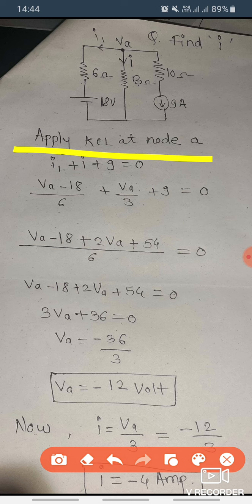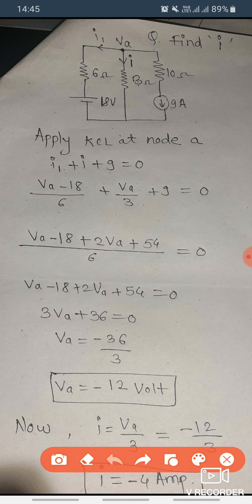So here, whichever currents are incoming and whichever are outgoing, these all three currents are outgoing only. See guys, here 9 ampere is given as an outgoing current, but these two current directions were not given and were considered by our own. You can consider incoming also or outgoing also. Whatever direction you like to take, you can take. It's your own convention. And now we will move towards the problem.